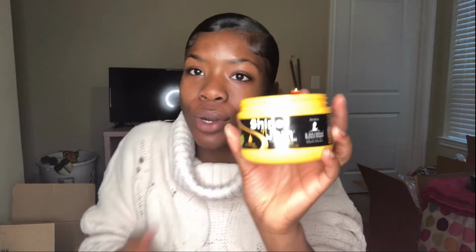So next, what I want to do, even though my hair does look like it got a little bit of sheen or whatever, I'm extra with it. So I'm gonna take the Shine and Jam conditioning gel, extra hold. This is pretty much just kind of like edge control, and I'm gonna literally take